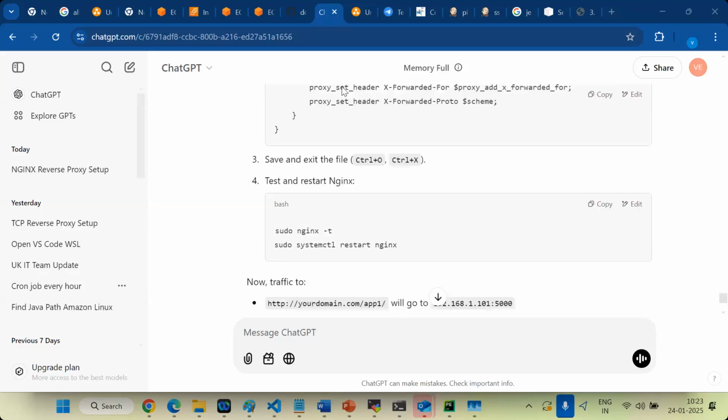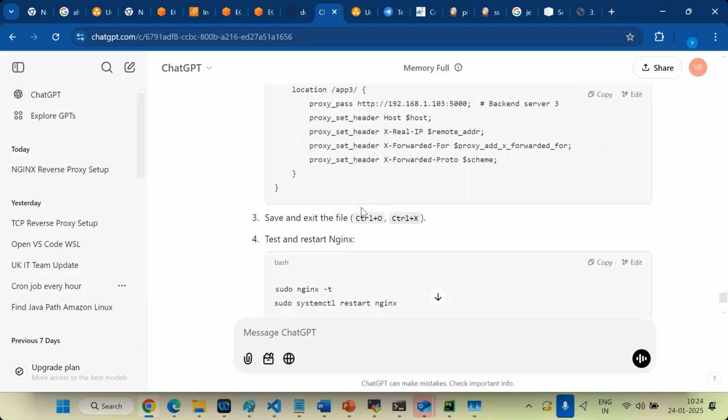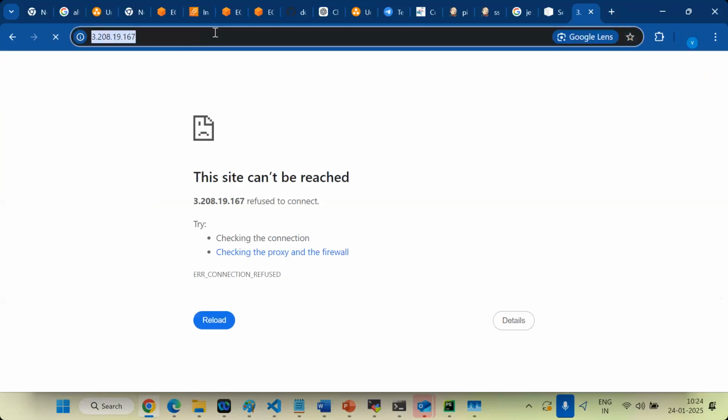So here, whatever you have in Nginx, you just have to give your proxy here only. Which backend server should Nginx on port 80 redirect to? Here you can use a Java application, Python application, any backend server. Nginx takes care of the background. If you give the domain name or IP here, it will redirect. Clear? But the application is not running on port 80 right now. The application is running on port 5000. Understand?